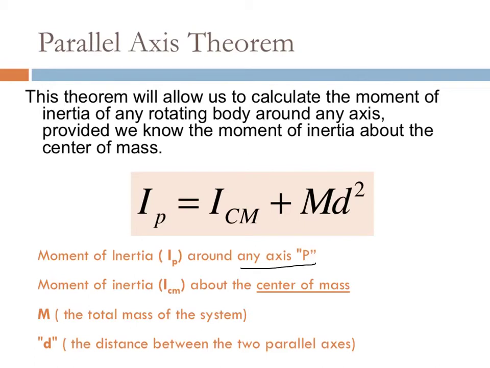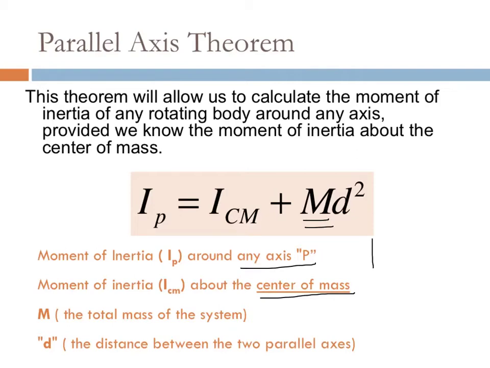The moment of inertia ICM is going to be the moment of inertia of the center of mass. M is going to be the total mass of the system. And D is going to be the distance between the two parallel axes. What that means, and we're going to see an example of that in just a second, is like in our